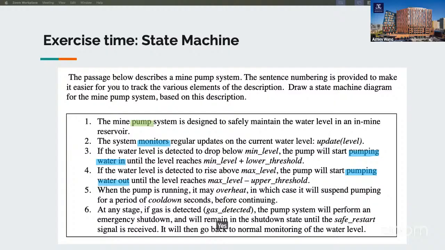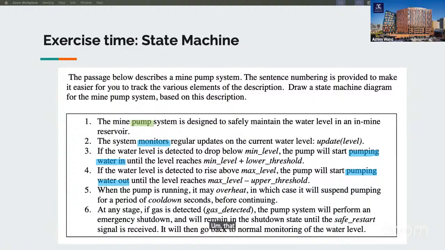How do you differentiate between an action and a state? I think it's more about the relationship: you identify the object, and then you think about the relationship of that object. With the actions here, for example, you read this line, the water level is detected to drop below minimum level.